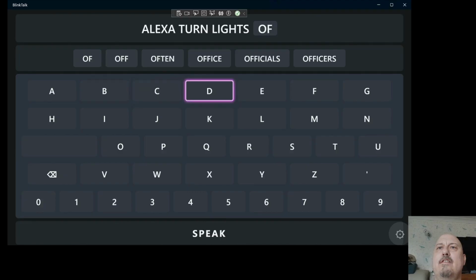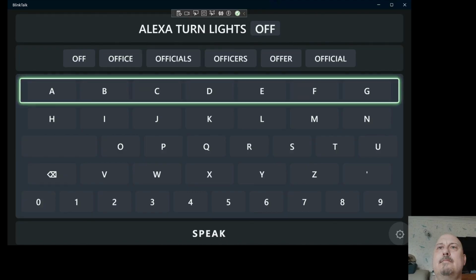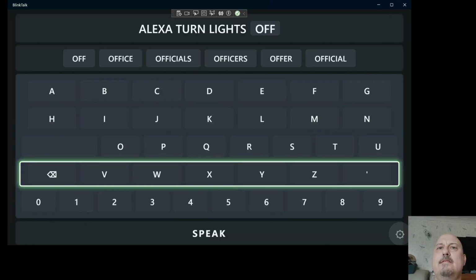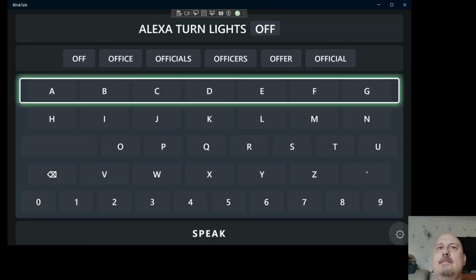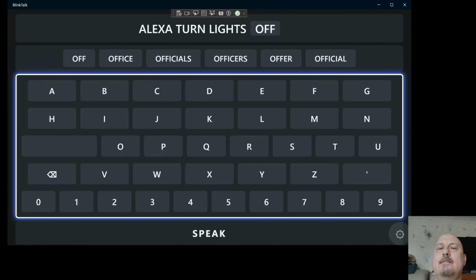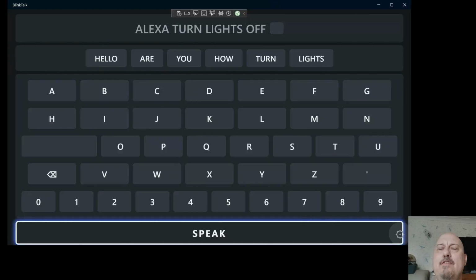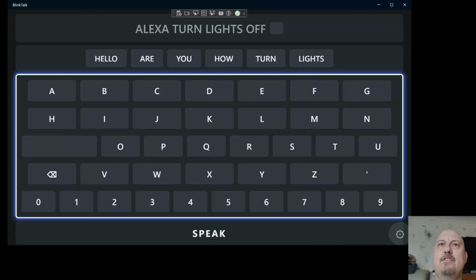Alexa, turn lights off. So from now on, if I want to control something in the house using Alexa,